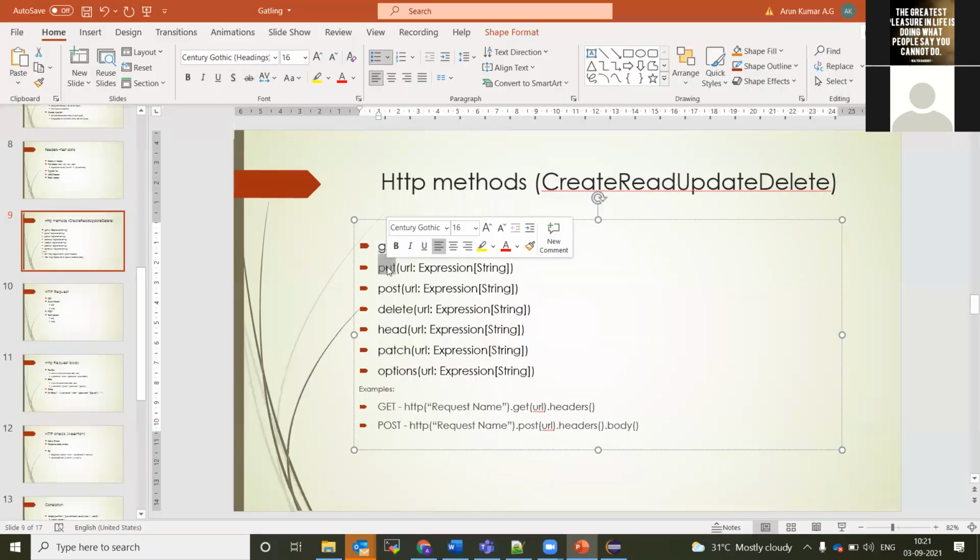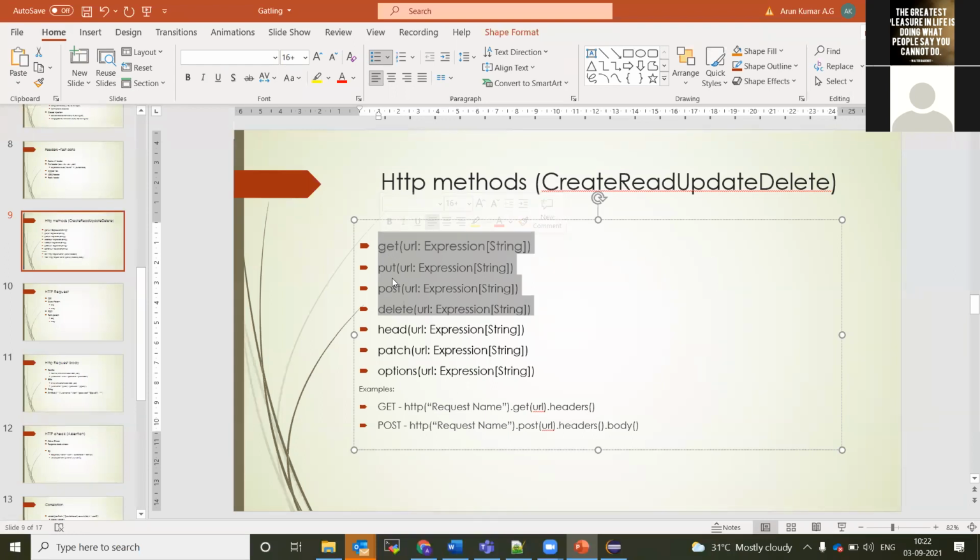And the put method is to update the existing data. If you want to update your password or your cart, they will use the put method. And if you added to the cart and you want to delete some values from the cart, they will use the delete method. So that's a general thing. It's just an architectural style. It is recommended, but it is not a mandatory one.